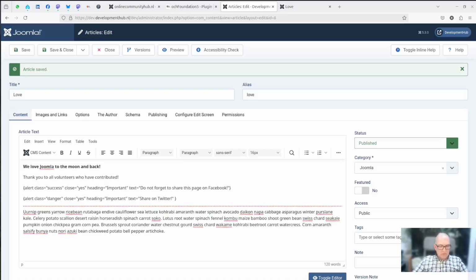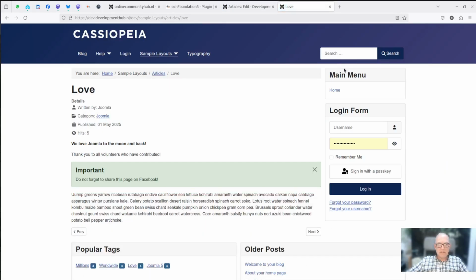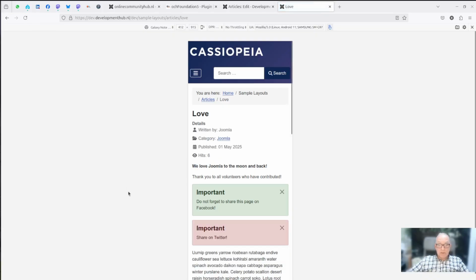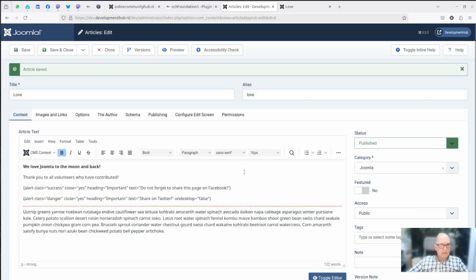So I will disable this on desktop is false. Let's save it. Press F5 and it's gone. Now when I switch to mobile mode in my browser and refresh the page, there it is, because we're now currently on a Galaxy Note. And it's gone again because we're back in desktop mode. How cool is that?